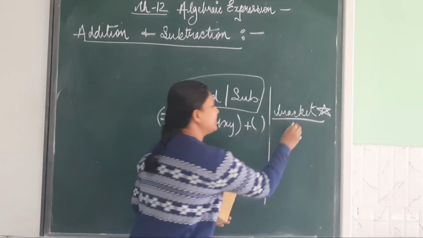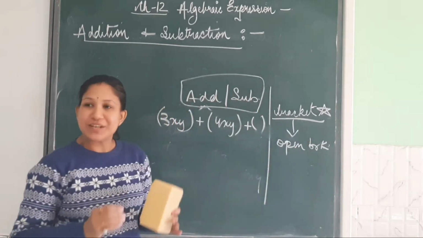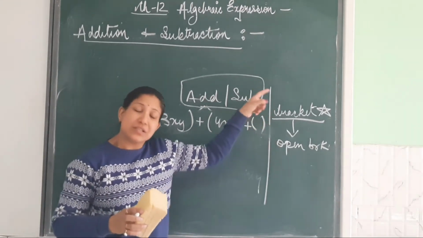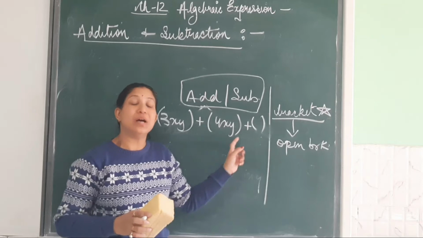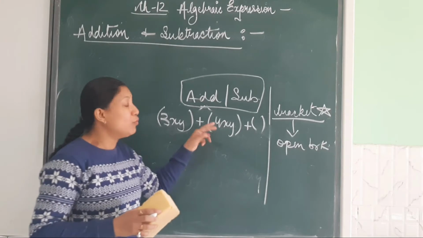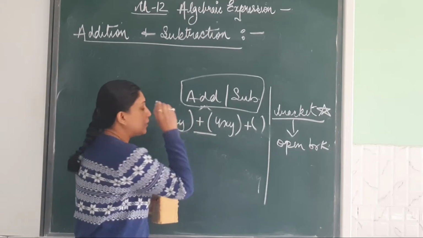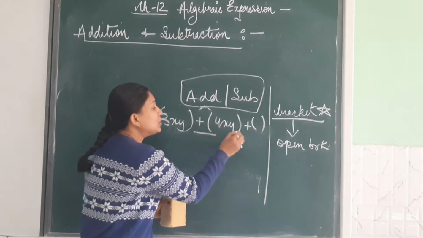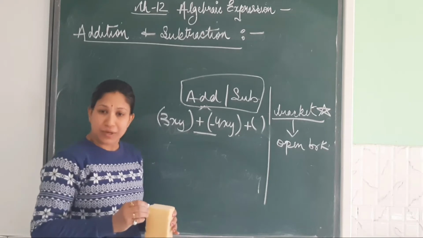The second thing is, now you open the bracket. You will say, ma'am, it sounds so silly that in the very first step you said to put the bracket, and in just the next step you ask us to open the bracket. Why? When you solve, you will understand. Sometimes the terms have a negative sign. It's a negative term. So when you open the bracket, the sign gets changed. And here is the one minor, very silly mistake which children make, because they don't put the bracket. Suppose here it is minus 4xy.